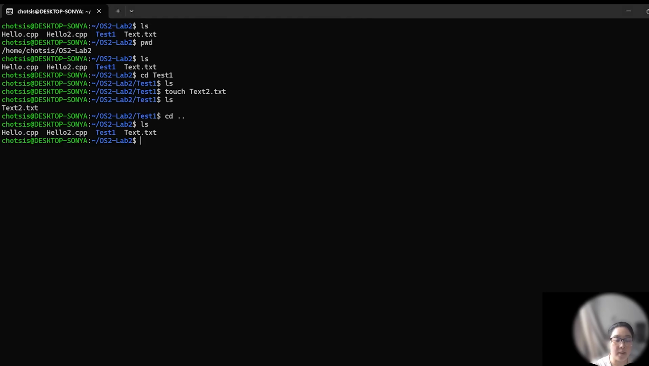Okay, the next command that I will introduce is move files. For example, you want to move the hello2 into the test1. So you can type mv, for move, and space. And then what file you want to move is hello2.cpp and space, and the directory that you want to move into is the test1